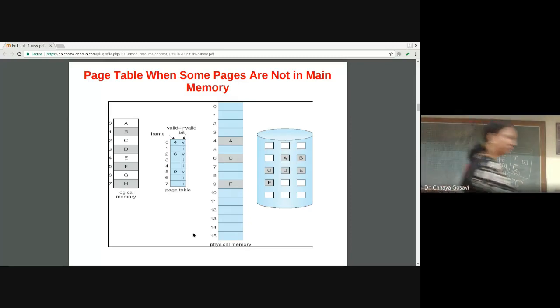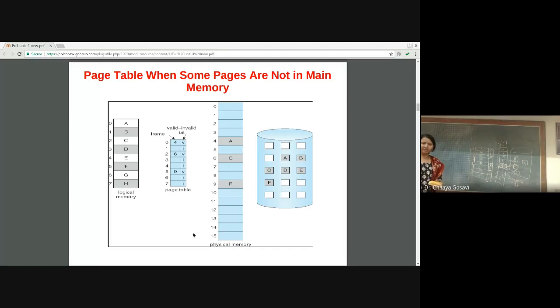So this frame is now free. And we have to bring this page here. This is swapped in. Bring this page into this frame. And now the 4th page is in frame number 6. So this frame is now a valid frame, because it is referring to some page of a particular process.